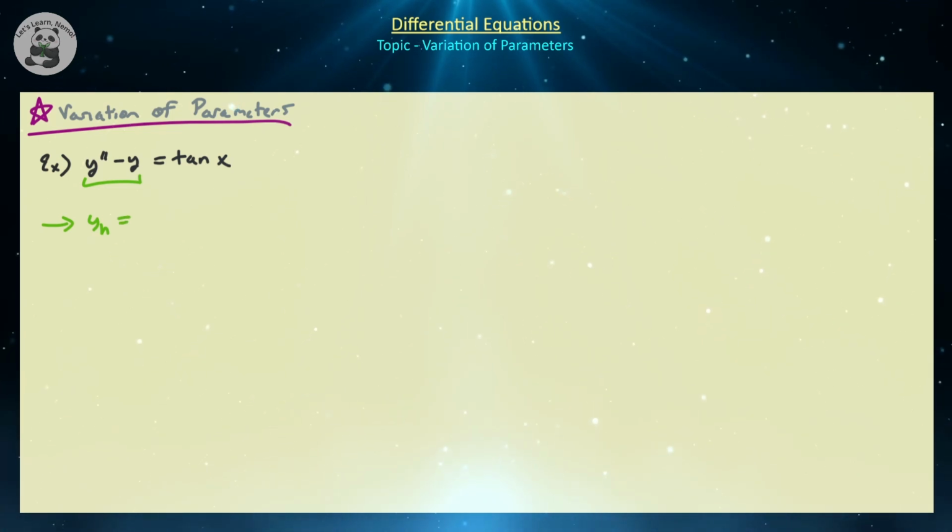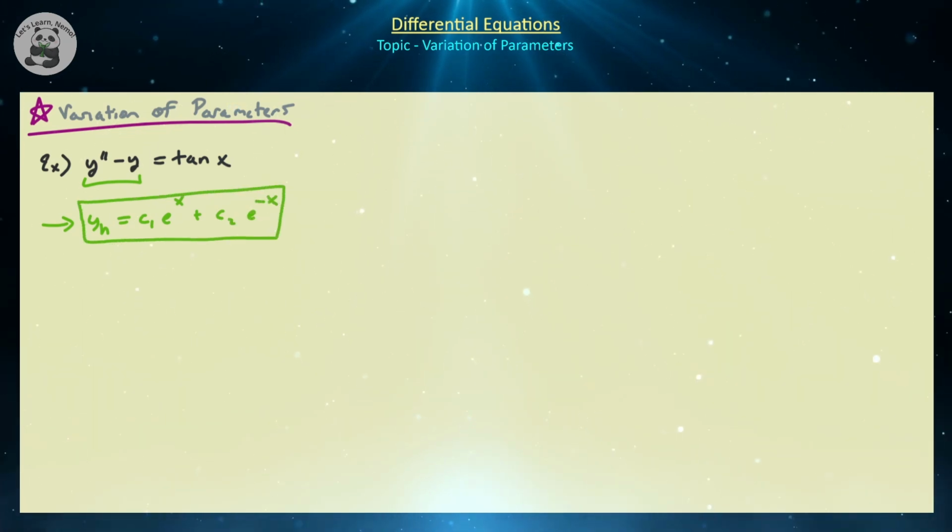So our homogeneous solution is just going to be equal to c1 e to the positive x plus c2 e to the minus x, right? So once you have your homogeneous equation, then you're going to be like, well, all I have to do is find a particular solution yp, and then I'm going to add up my yp and my yh, and that's going to give us our general solution. The only problem is this annoying little inhomogeneous term, because in our last discussion, what we pretty much did was